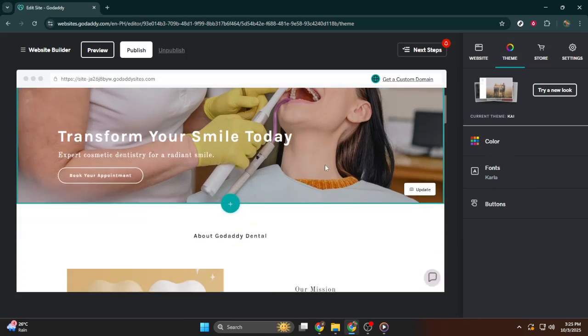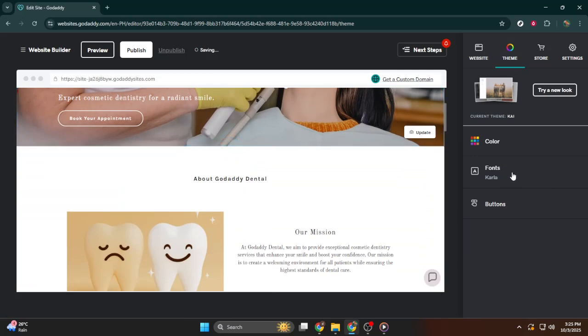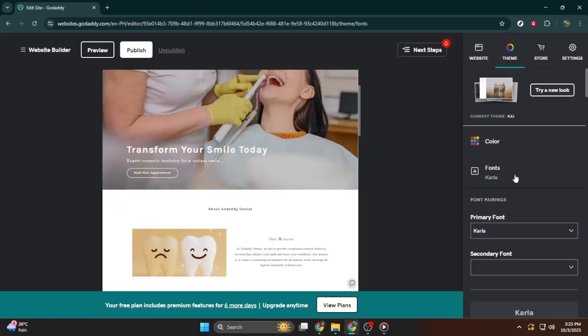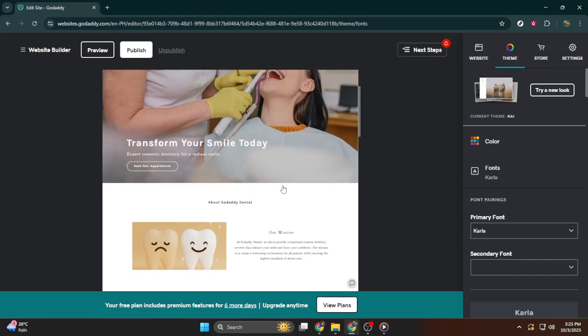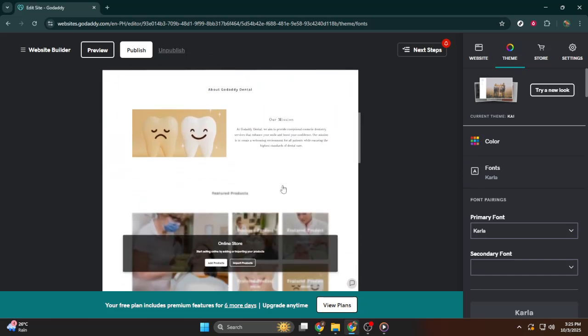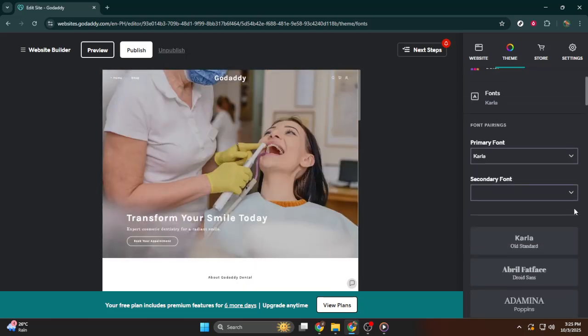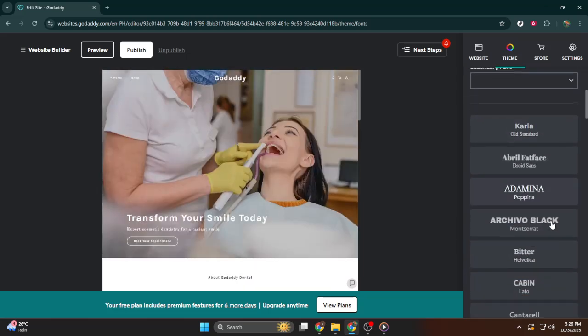Now let's explore how you can make changes to font sizes and styles for specific text blocks. This method allows you to override the global theme settings when you want something to stand out or differentiate itself. Start by clicking directly on the text block you want to edit. This could be a heading or a paragraph. Highlight the specific words or phrases you wish to tweak, and you'll notice a formatting toolbar appear above or beside